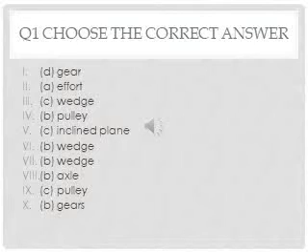Number 4, a dash is a simple machine which can lift a heavy load by applying very little effort. A. Lever, B. Pulley, C. Wedge, D. Gear. Answer is option B, Pulley. Number 5, a heavy load can be raised easily by pulling it along a sloping surface called dash. A. Lever, B. Pulley, C. Inclined plane, D. Wedge. Answer is option C, Inclined plane. Number 6, a dash is a simple machine which changes the direction of force as well as increases it. A. Lever, B. Wedge, C. Screw, D. Bicycle. Answer is option B, Wedge.